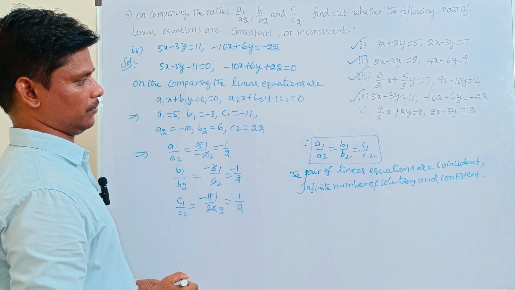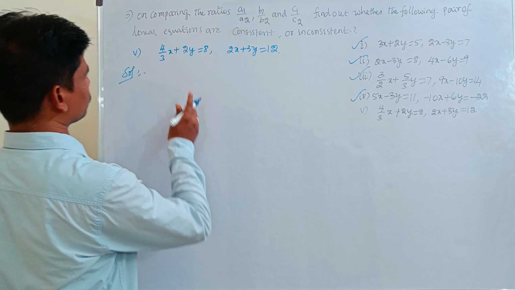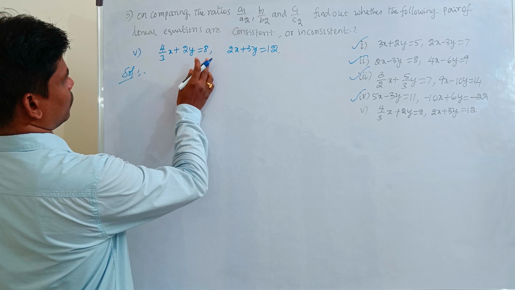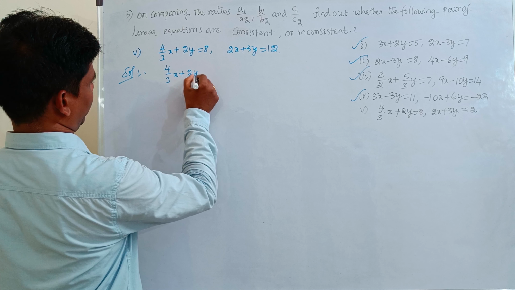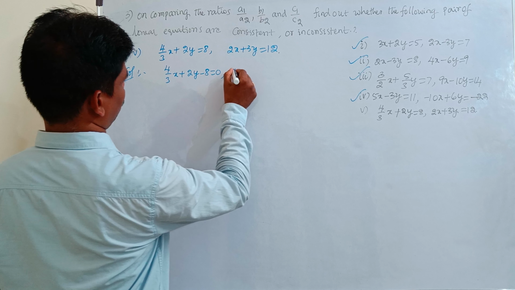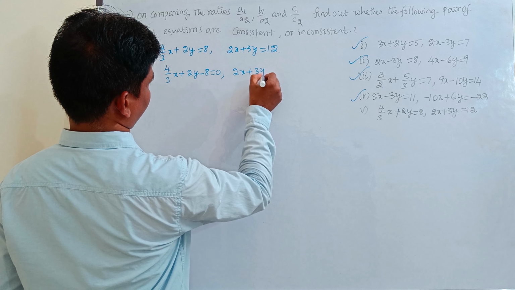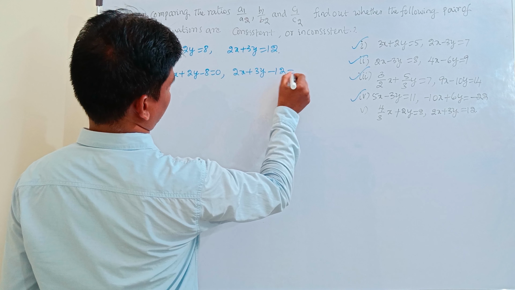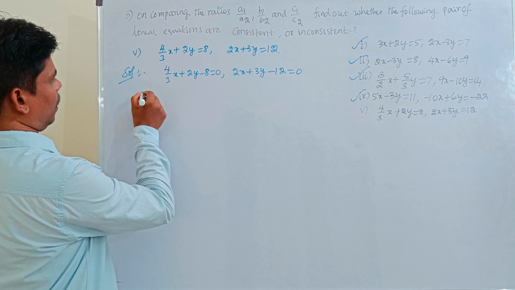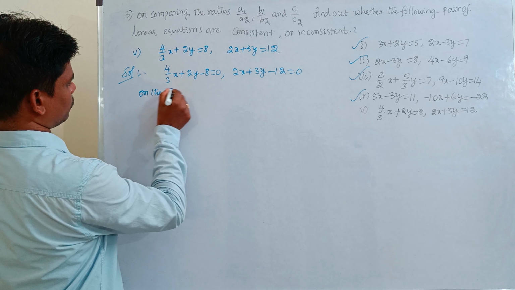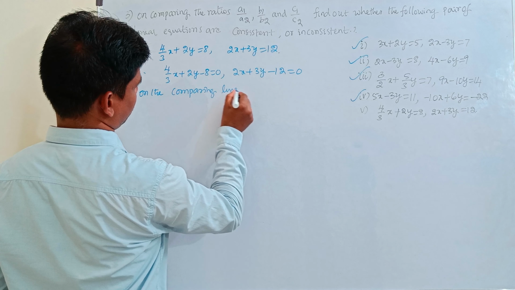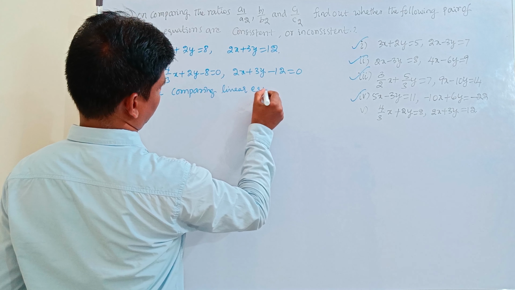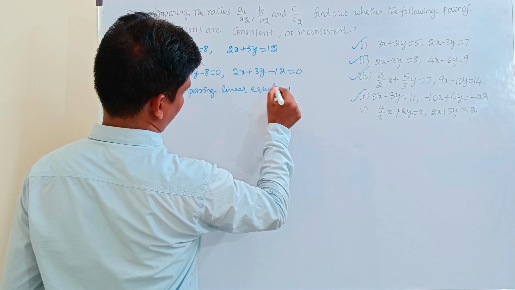Next, the fifth one. So this one, 8 transposed to this side, right? 4 by 3x plus 2y minus 8 is equal to 0. And also this one, 2x plus 3y minus 12 is equal to 0. On comparing the linear equations are